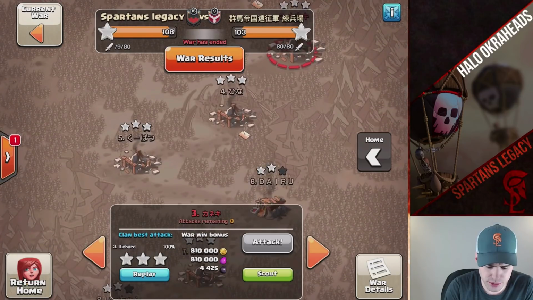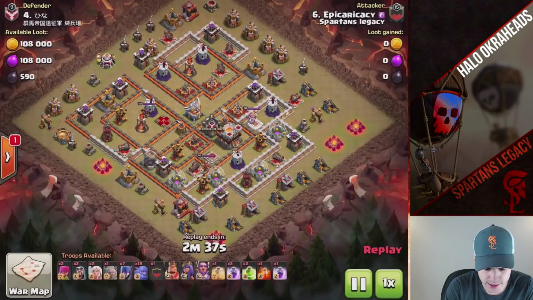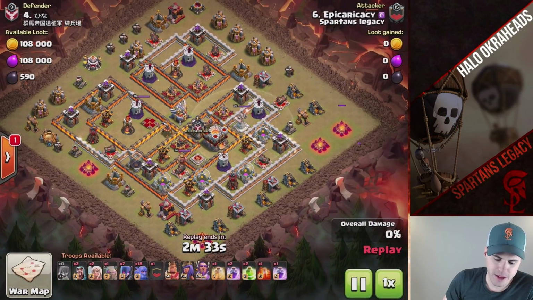So let's show some 3 stars here for you. I will start with Queen Walk. No, I just said the Bowler Witch. Now, what's the difference here? Well, guys,